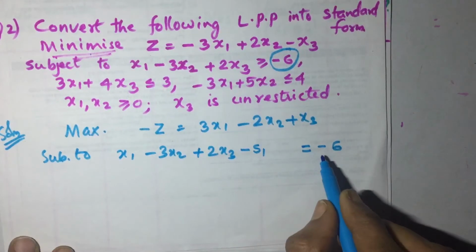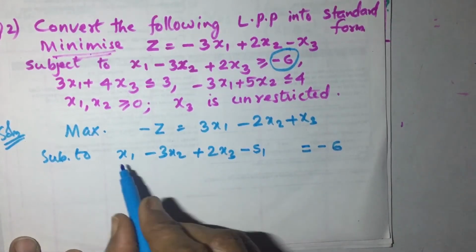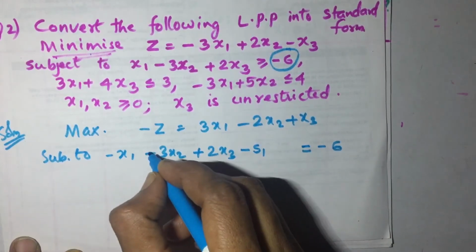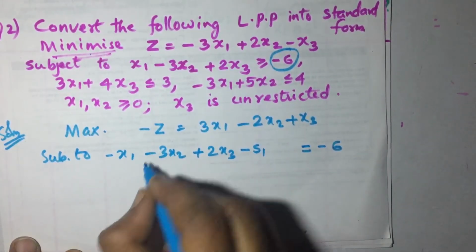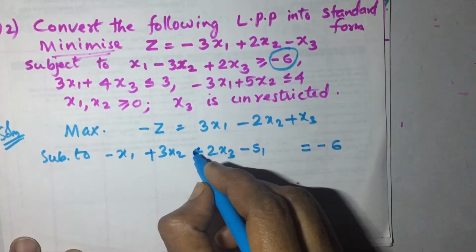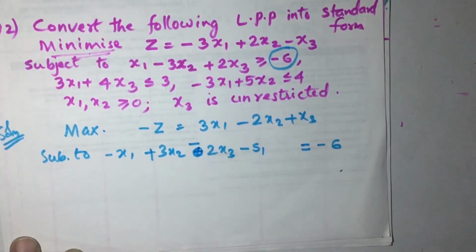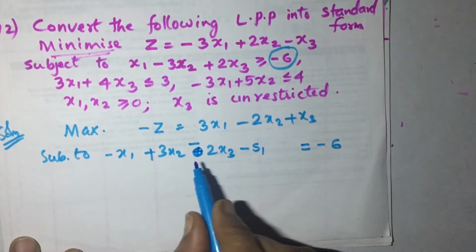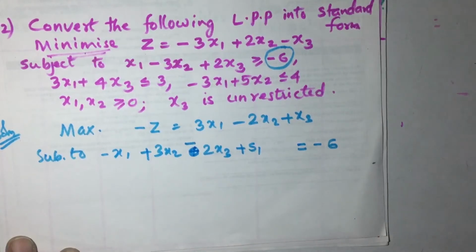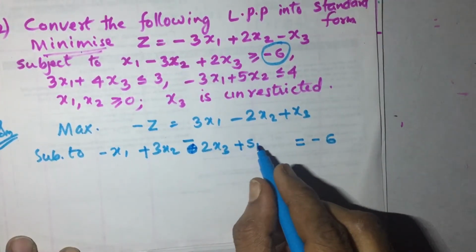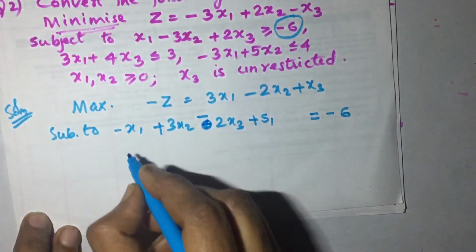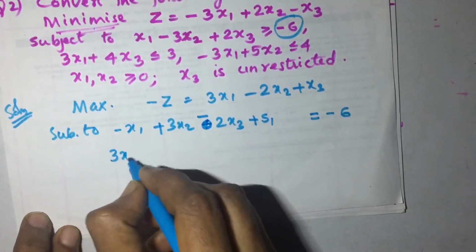But the right side should be of positive sign. So what I have to do here, throughout I will put negative sign, multiply by minus 1. So minus 1 into x1 minus 3x into minus 1. This will become what? This will change to minus. You should not paint like that. You should do it properly. And this will be plus S1. Okay. I have left a little space here for some other purpose. So equal to 6. Now second condition is 3x1 plus